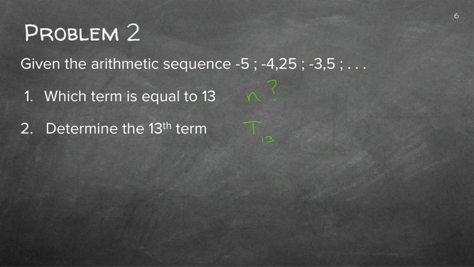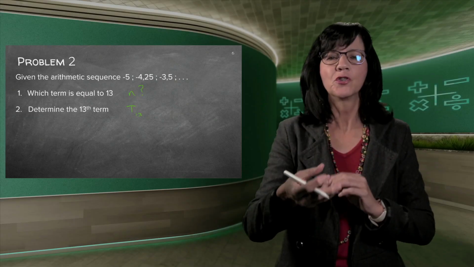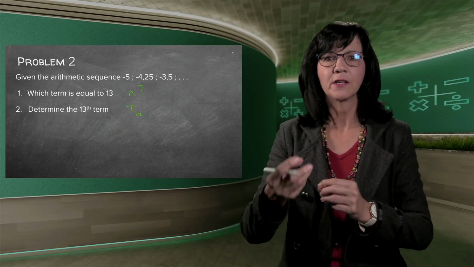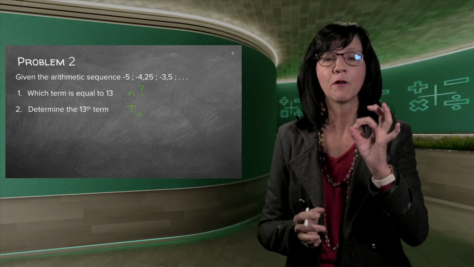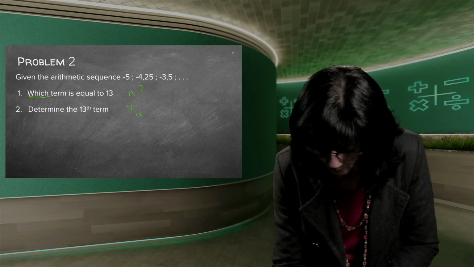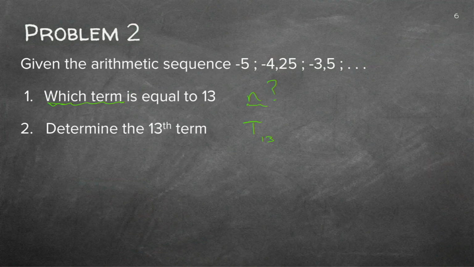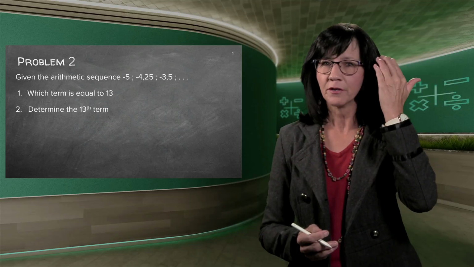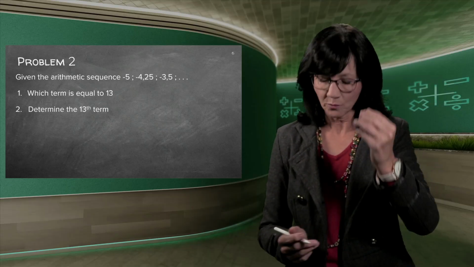Now I'm going to take this off again. We'll do the whole problem now. But when you get this problem, this is normally what pupils confuse. They swap these 2 questions around, and then you'll get 0 for both of them. So make very sure that you understand which term is always the n. And if they say determine the 13th term, it's the capital T, and that will be T13. Good, so let's just take this off, and then we're going to do it properly, but you're going to not see it when you look at the problem again, so that you can think for yourself which one is now the n and which one is the t.